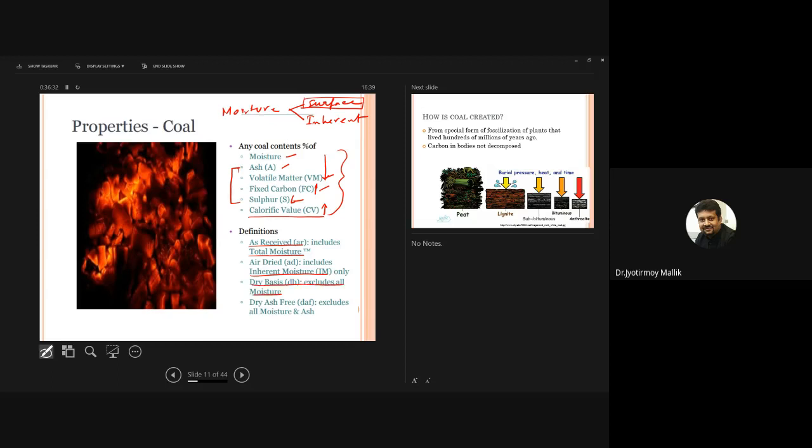Now, dry basis excludes all moisture. So it doesn't necessarily mean that you have removed your inherent moisture, but you can make some calculations. Say you can say if I have 10% of surface moisture, that means I can expect that the coal has 20% of inherent moisture. Okay, so when you sell your coal on dry basis, it doesn't mean that you have dried it completely, but you can make a calculation and you can say that on dry basis my coal